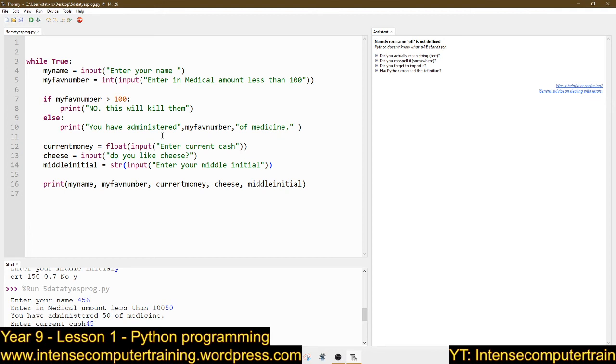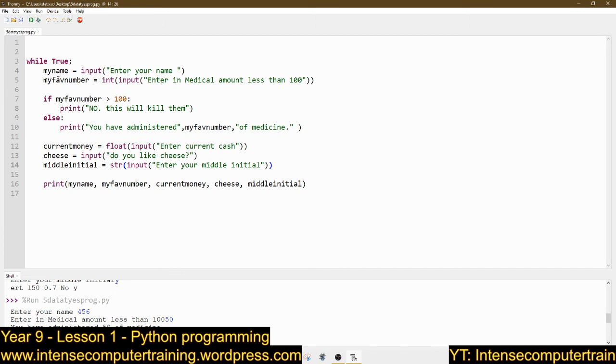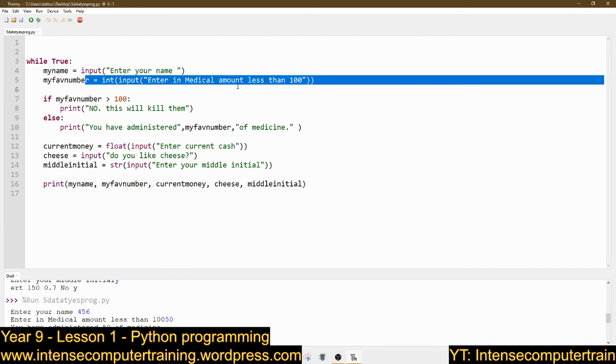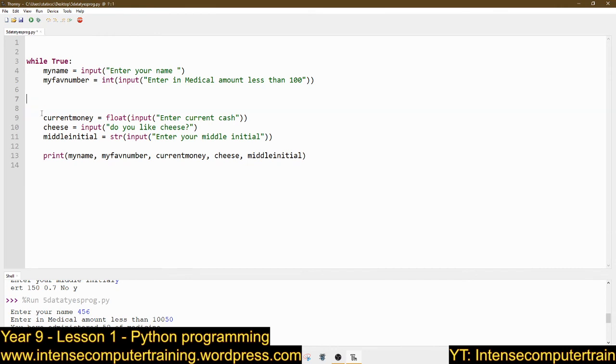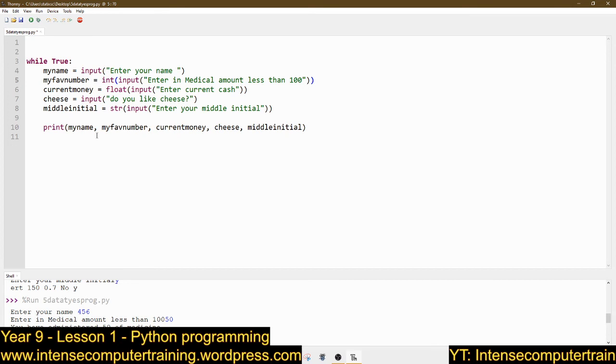So this is what I've been trying to teach you over the last 3 hours of lessons, and we've done it in less than 25 minutes. This is looking good. But that's the bare minimum I need you to be at. I need you to be at setting variables of different types, and if you really want, you can add this if in, but we don't need that today. And then print it all out to the screen.